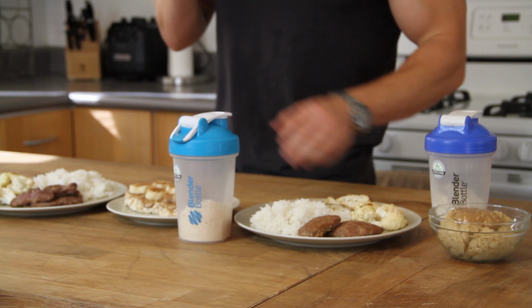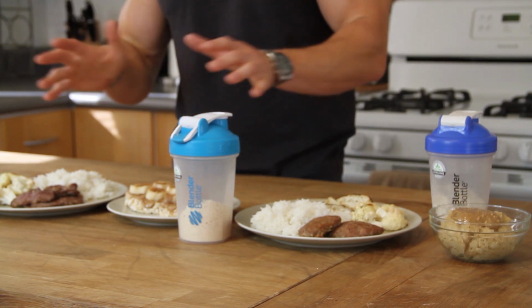Carbohydrates, 30% there, so that dropped down to 200 grams a day. It's not low, just a moderate amount. And fats, I'm also gonna keep at 30% of my daily calorie intake, which gives me 90 grams of fat a day. Let's take a look at meal number 1, breakfast, which for me is my favorite meal of the